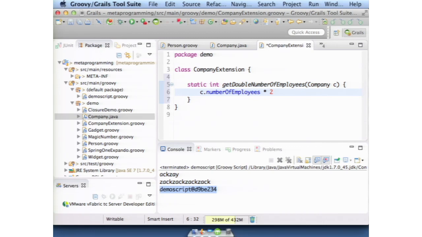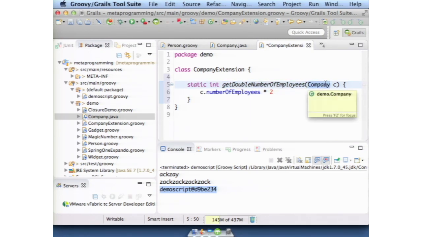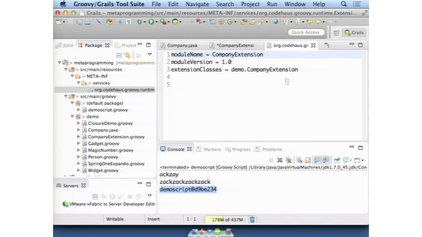All right. So what that's going to do is add a method called getNumberOfEmployees. It's going to add a method with this name to this class at runtime, and this is the implementation of that method. Right? We need to go edit that service file that I described earlier. This guy right here. So I've already written that. So we've got the module name is companyExtension. The module version is 1.0. This is the important part, right? extensionClasses, and if I had another one,